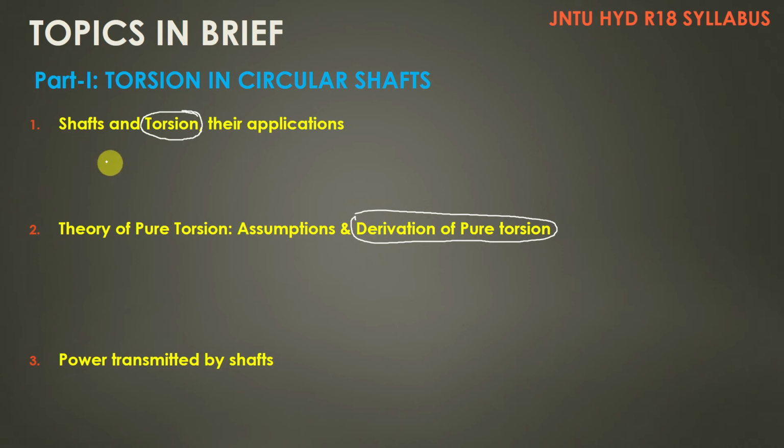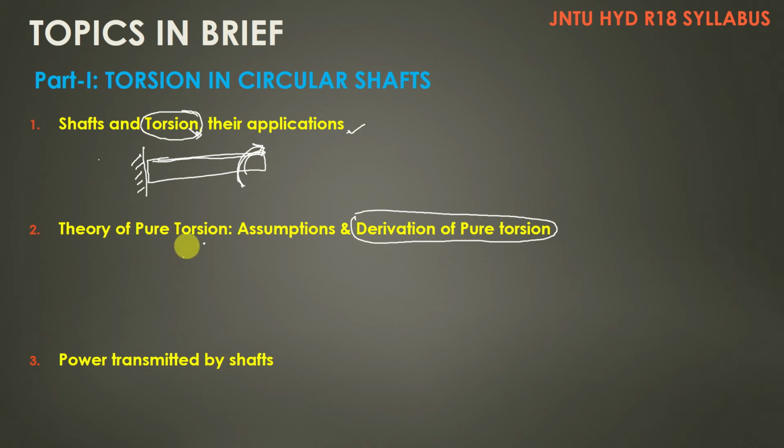Let me say we have the shafts and torsion here. Torsion is nothing but twisting moment, right? If you apply the twisting, if you rotate the shaft, you can say that it is under torque, and the shafts are subjected to torsion. These are used in automobiles mainly to transmit the power from the engine to the rear wheels, and have many more applications in mechanical engineering and very few applications in civil engineering. We can see the applications in the notes and also in the video I have given to you. Okay, theory of pure torsion.